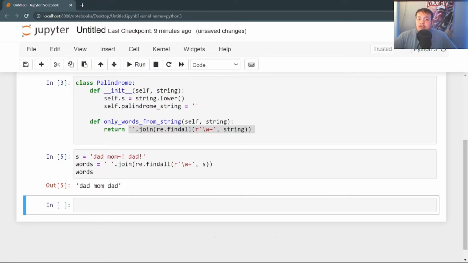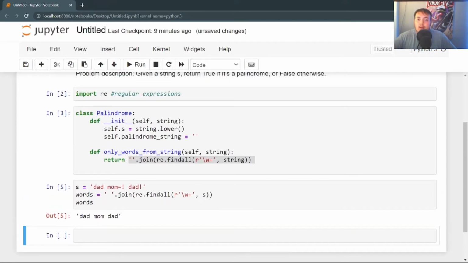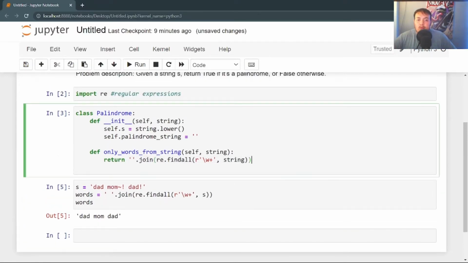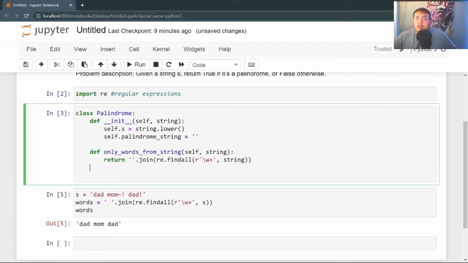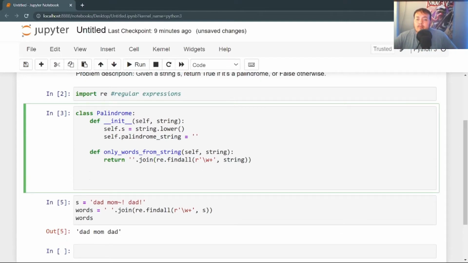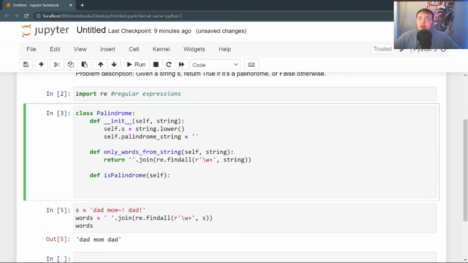But we can look at that in our examples when we are done. Cool. So now we can work on our function is palindrome. So we can do def is palindrome, and all we're going to do is pass in self. That's it. So first we're going to call our helper function that we created, and we're going to set this